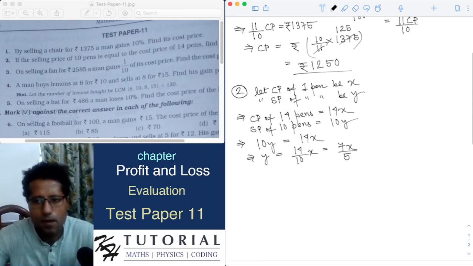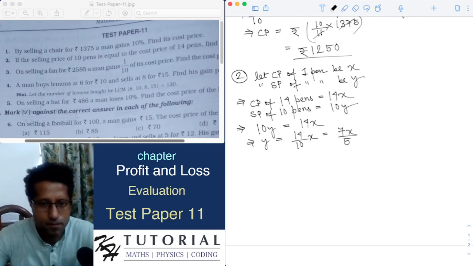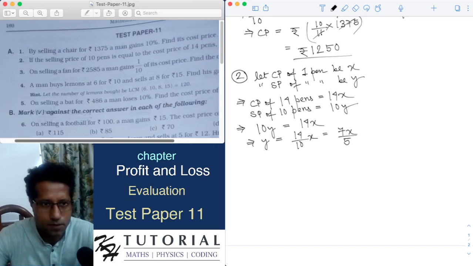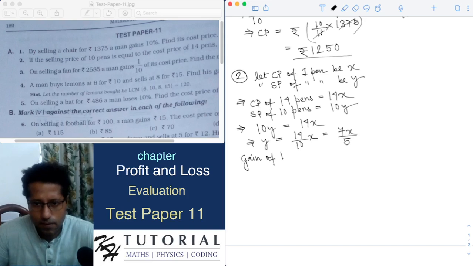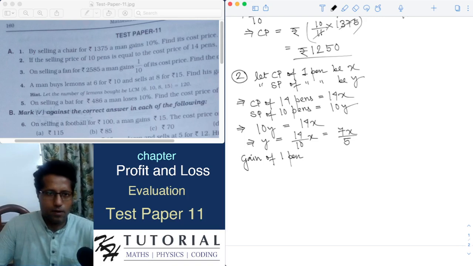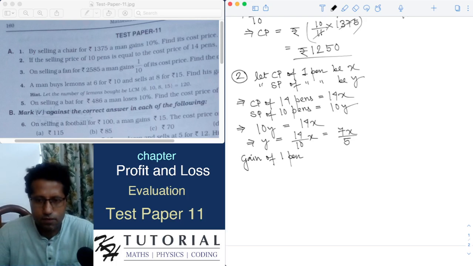Okay. Now it is asking, find the gain percent. So what will be the gain? Gain of one pen. In this kind of problem, always remember that gain or loss is based on 1 pen, or the one unit of the item. So gain of 1 pen is equal to